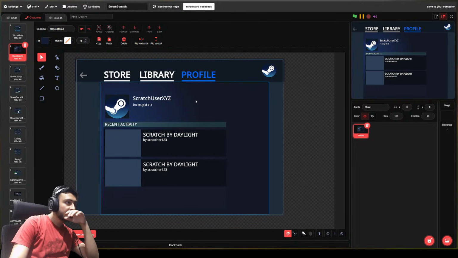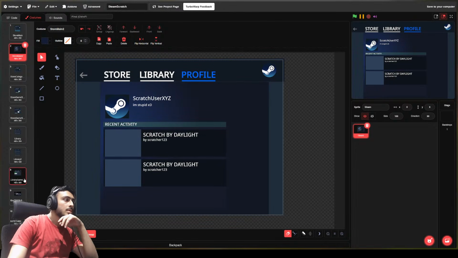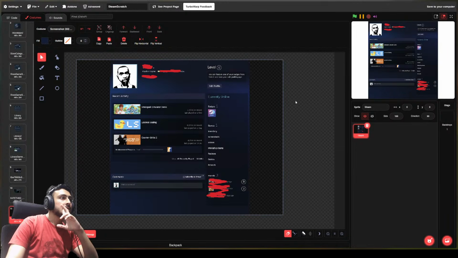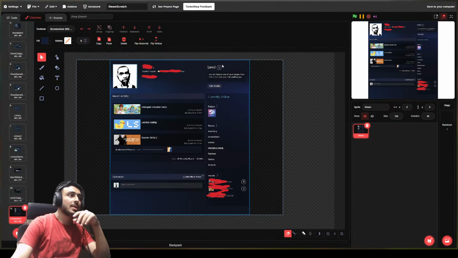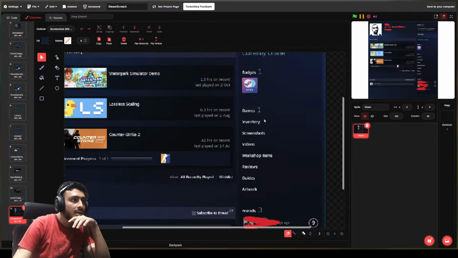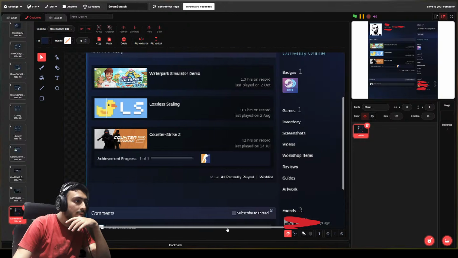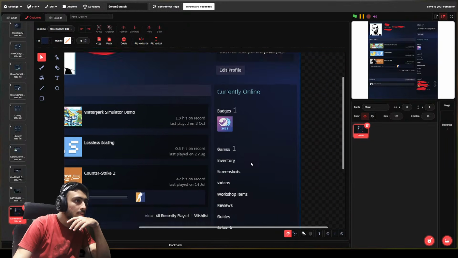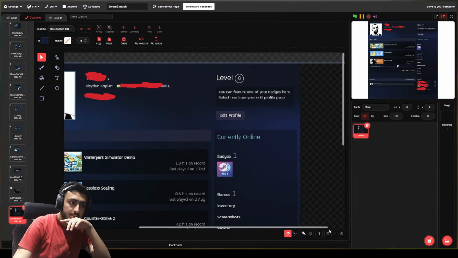Is there anything we can add other than this? Like if we look at this page, yeah, level thing, but we cannot add that. We cannot add any edit profile button because of course it's Scratch. We have this random thing like games, inventory, screenshots, videos, workshop. Eh, boring. Badges, can we give badges? I think badges would be a good idea.